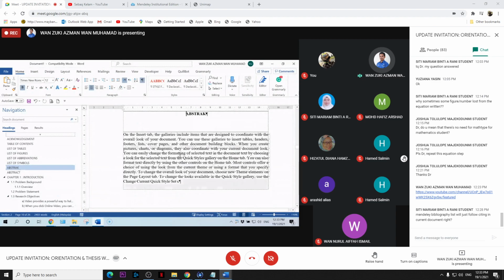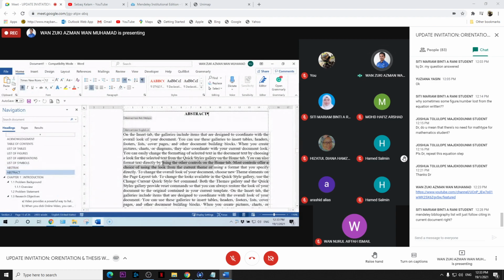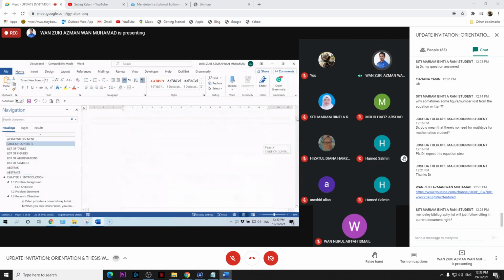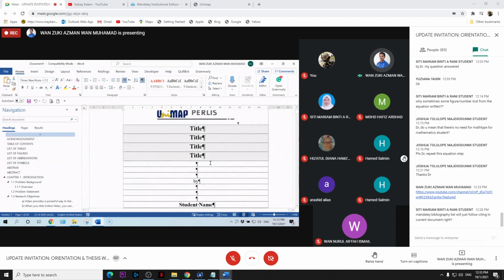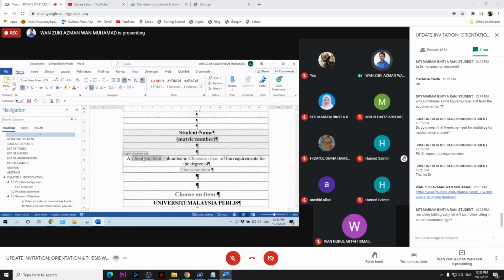And then your abstract here, you need to type your abstract lah. And then you go to the first page, cover page. This one you type your title, your name. And then when you see the choose an item here, please choose item lah. Your research proposal, your report, or your dissertation. So is your research proposal, and then partial fulfillment or full fulfillment, and then the type of your degree, Doctor